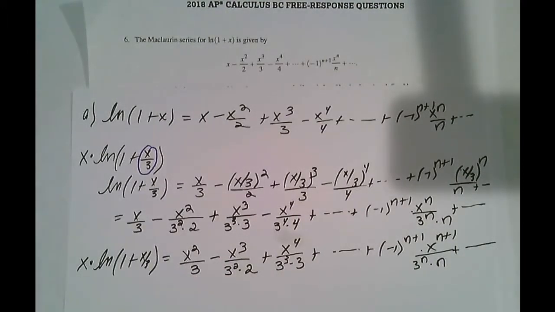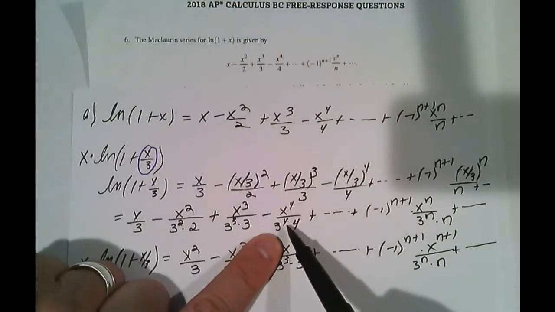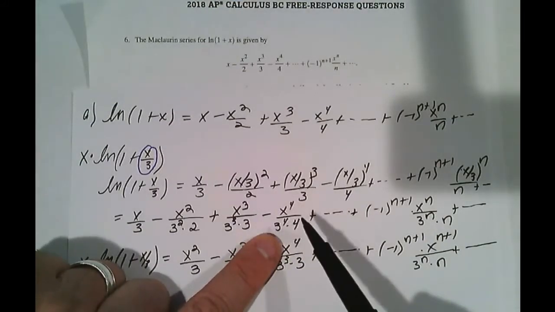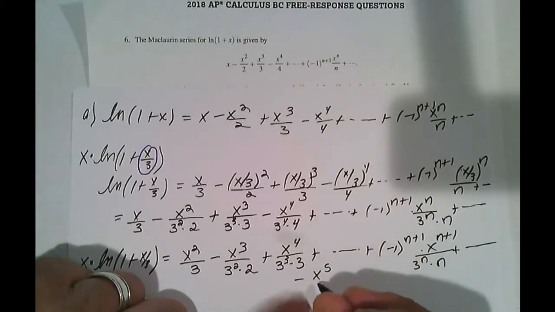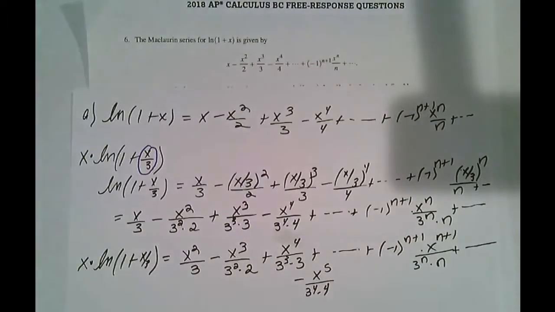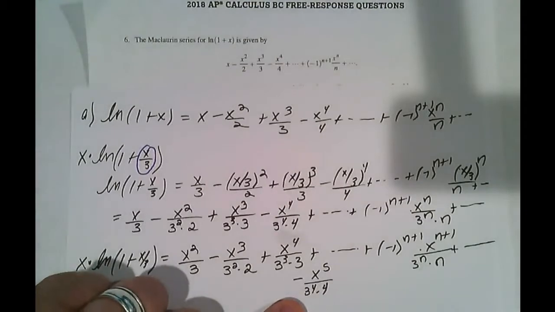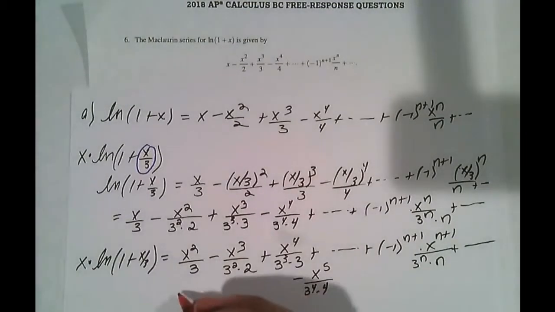Now I want to be careful here because I just realized I got a little sloppy and I forgot to multiply this term. So we're just going to have to sneak that in there. We're going to say minus x to the fifth over 3 to the fourth times 4. And that is super important that that term gets included in there because the instructions in part A said to